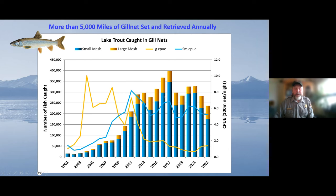Each year, we set about 5,000 or more miles of gill net in Yellowstone Lake to net the lake trout out. So our effort and the number of lake trout killed in the 2000s increased pretty dramatically up until a point around 2012, where we finally got enough gill net set in the lake each summer to curtail further lake trout